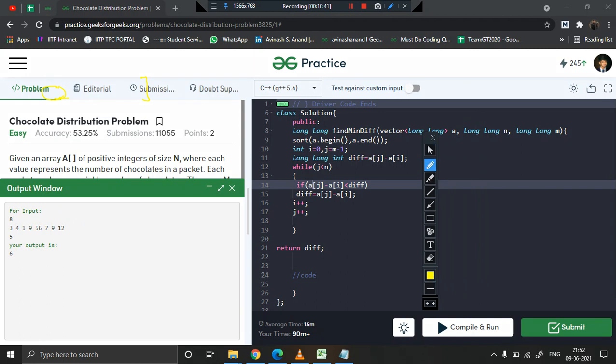Considering the time complexity, definitely the time complexity is of order of n. Space complexity is also constant, right? Sorry, time complexity is not order of n. Why? Because remember we are sorting here. Okay, I'm sorry for that. Since we are sorting, the time complexity will be order of n log n by the most efficient sorting technique, and space complexity is order of 1, constant, because we are not using any extra space.